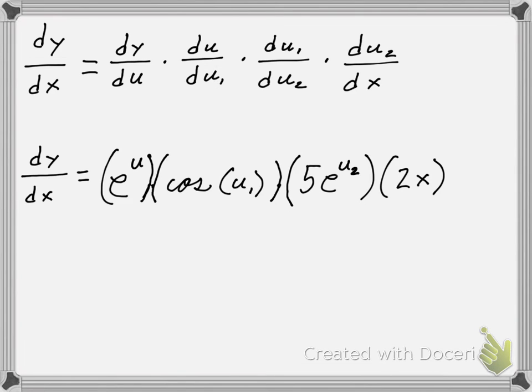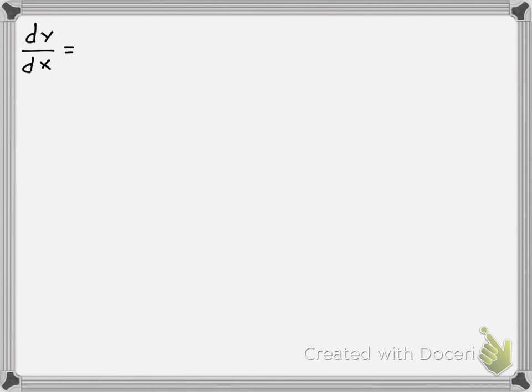So putting in what we've calculated each of these derivatives to be, we end up with e to the u times cosine of u1 times 5 e to the power of u2 times 2x. And of course, your last step is going to be to look back at your work and what you wrote as each u to be, and then unsubstitute the u's so that you end up with an expression only involving one variable, that being x. So the derivative of y with respect to x is e to the power of sine of 5 e to the x squared,